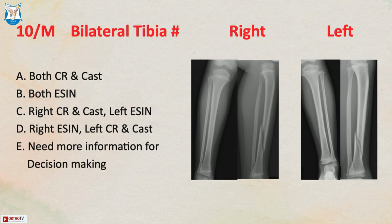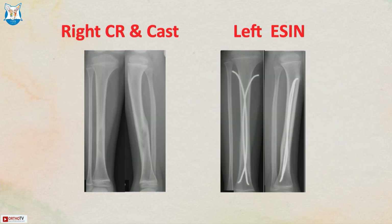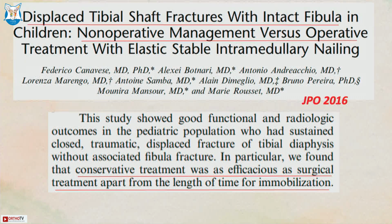Well, now this side, the left side, there was some amount of graze abrasions and the wound condition was not very good. So the surgeon decided to do left side nail and right side cast, and both have done beautifully. So as we have seen, displaced tibia shaft fracture with intact fibula, what does the literature say? Whether it says to do non-operative treatment or operative? Well, a recent JPO has mentioned that both the treatments are as good, but the only thing is